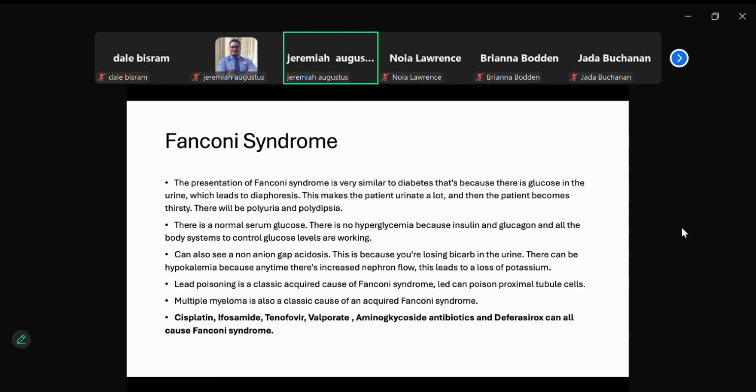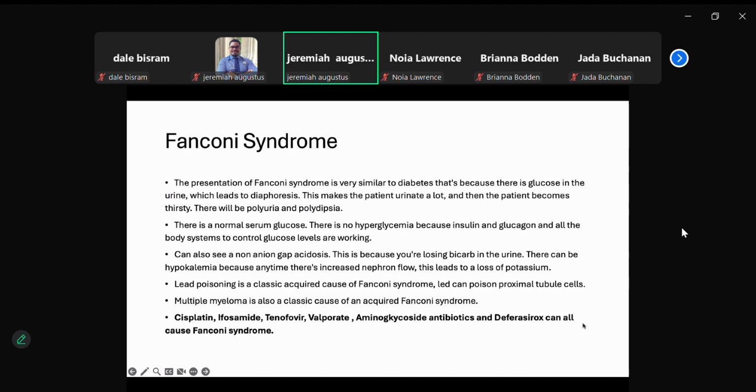You're going to leave all those acids to run free, right? Also, you're going to end up with hypokalemia. The reason being is that you're not really going to be reabsorbing any of those,